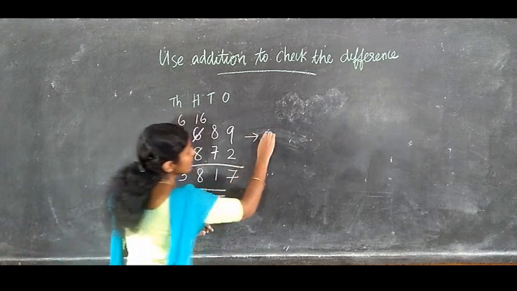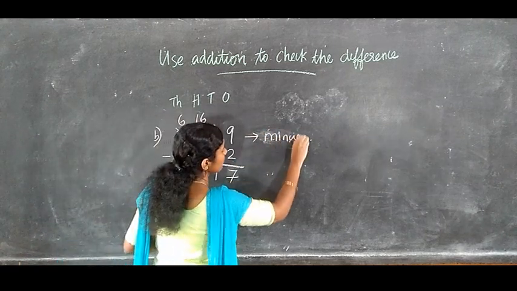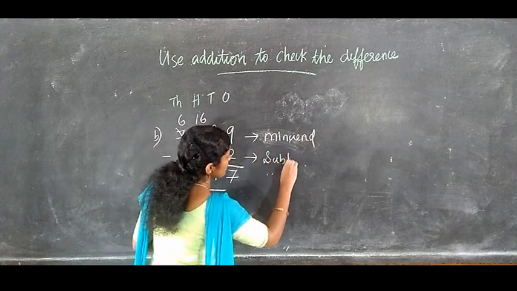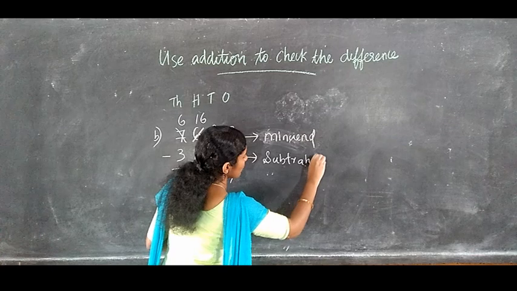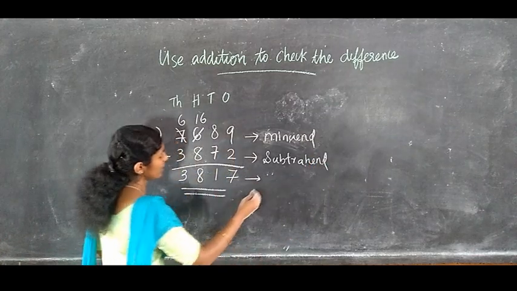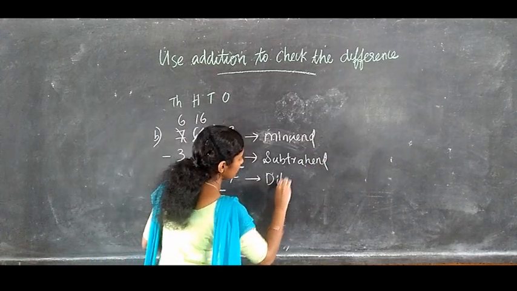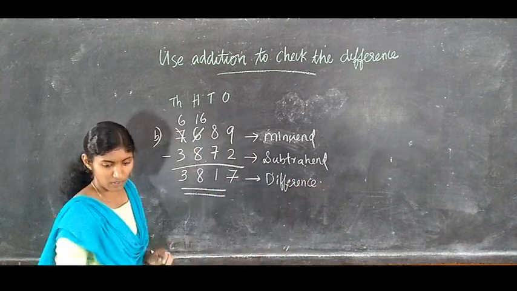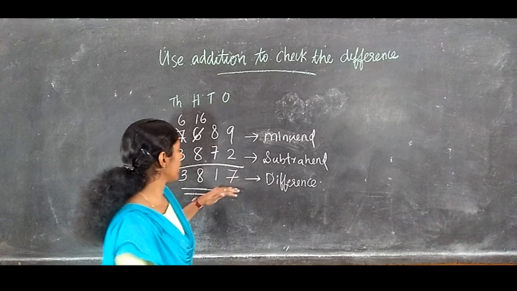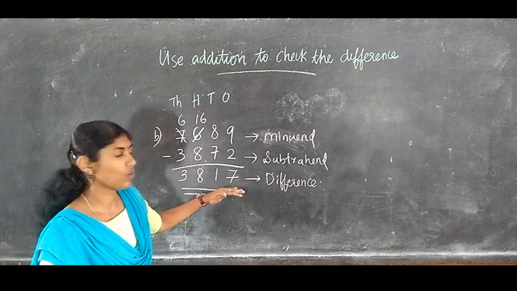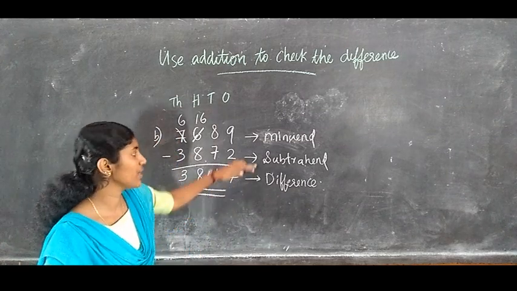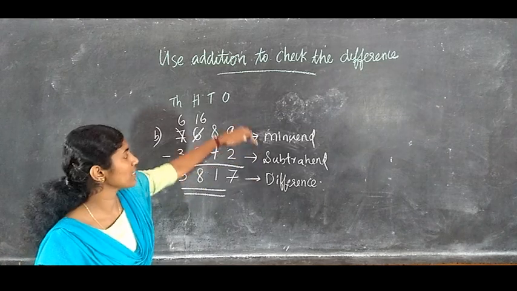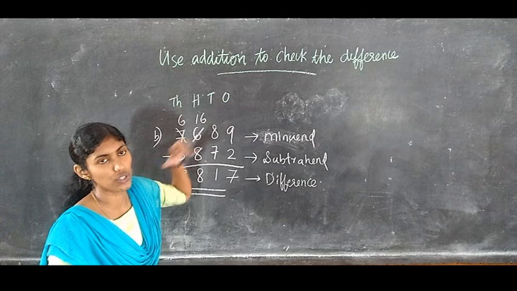Here, this number is known as the minuend. And this number is known as subtrahend. And the result we got is known as the difference. Now we will check whether our answer is correct or not. So what we have to do in order to check? We have to add this subtrahend and the difference. And the answer should be this minuend. Let's see